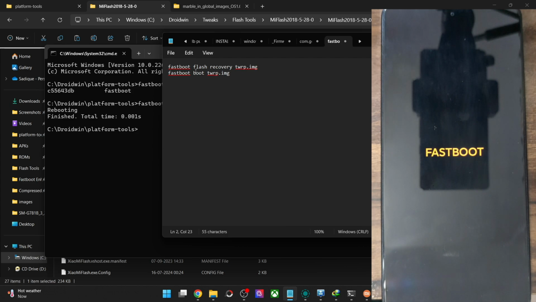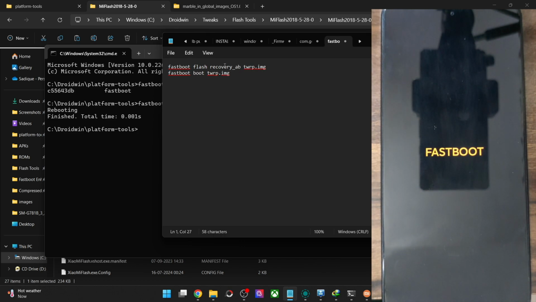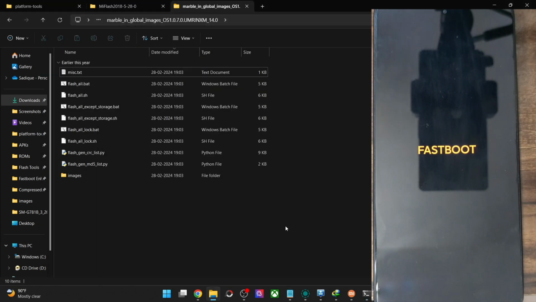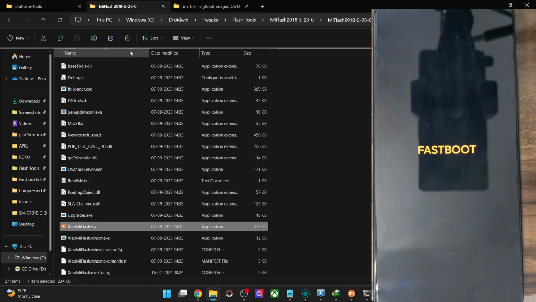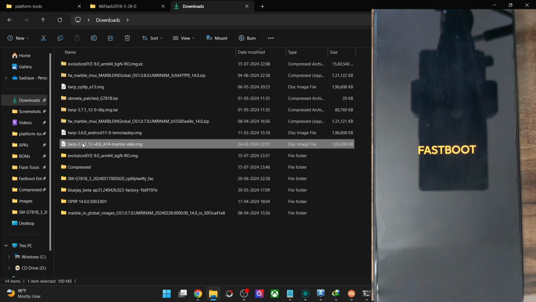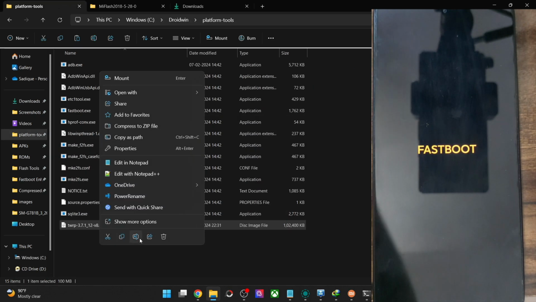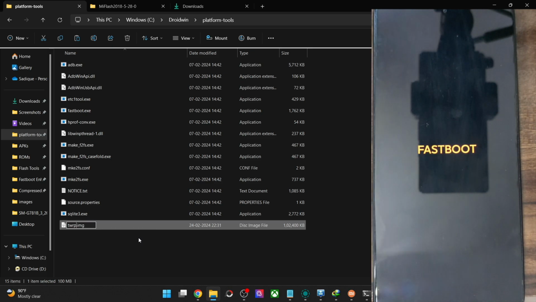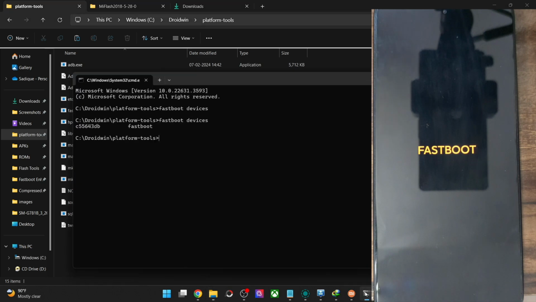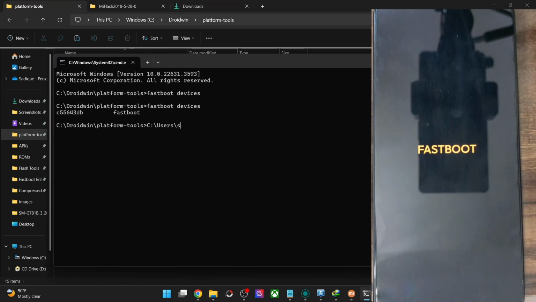In our case, we have a recovery partition and we have both the recovery A and the recovery B slot. So I'll flash the recovery file across both the slots at once. Let me now flash the file. For that, let me access my recovery file. This is the file. Transfer the recovery file inside the platform tools folder and let's rename it to something shorter. Let's just rename it to twrp, and the complete name becomes twrp.img. Now let's use the command.